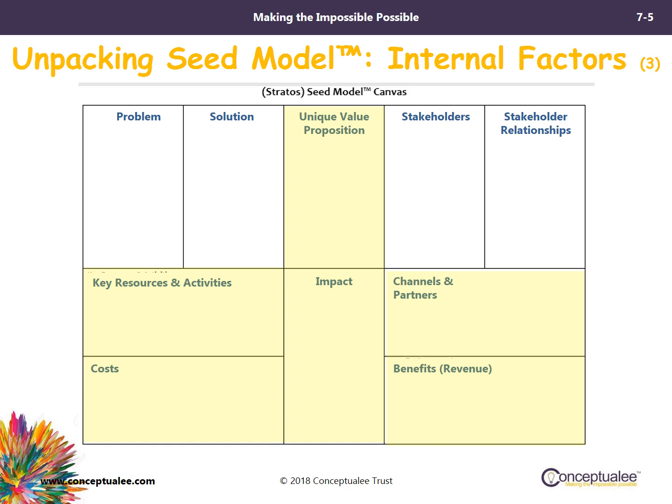Now, the last few components are unique value proposition and impact. The unique value proposition answers this question: what are the benefits, the key things that differentiate you and your solution from others? You can also refer to our more extensive description in Module 6. For example, you could say that you are a one-stop shop and the benefit to customers is convenience and getting an integrated solution so they don't have to waste time trying to piece it together themselves.